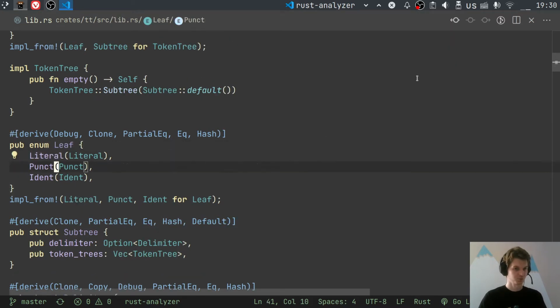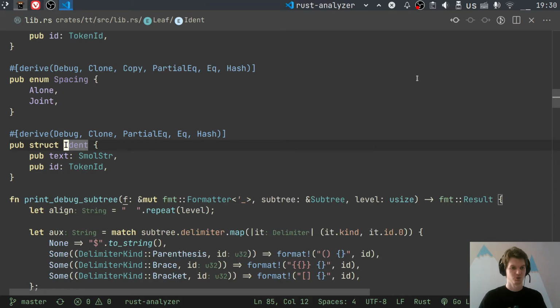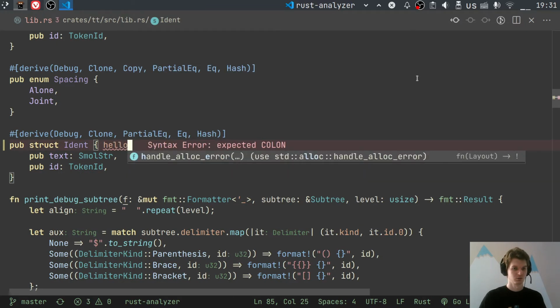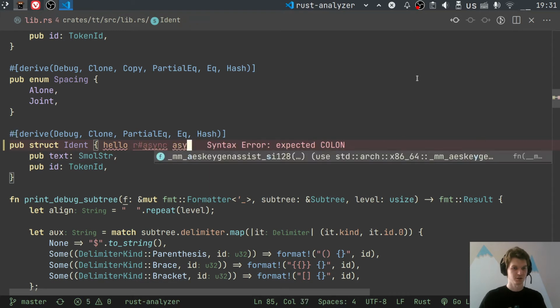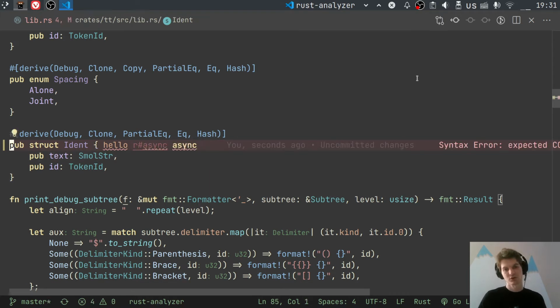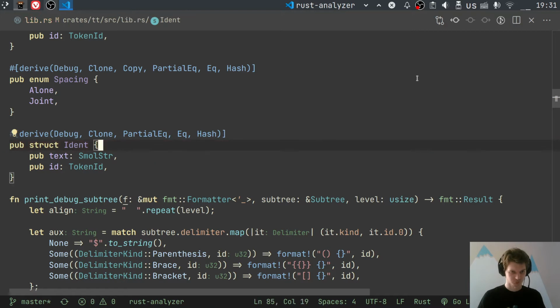So literals, punctuation, and identifiers, which are things like hello or async. And yeah, there is no special leaf for keywords. Keywords are actually just identifiers at this level. So